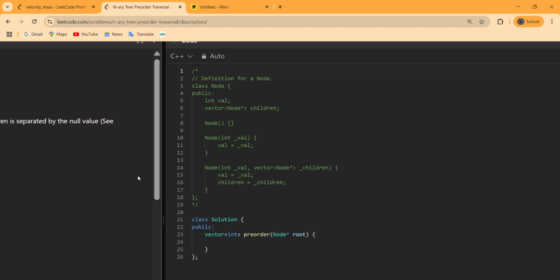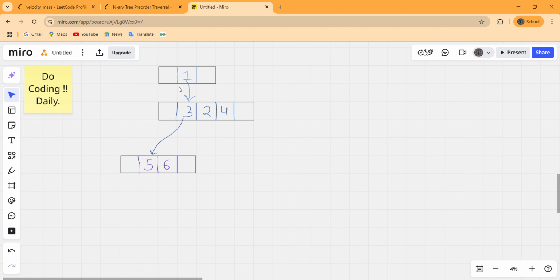So let us look here. There is a node. Let us suppose this box is a node in which there is an integer value, and then there is a reference for its children vector. Let us suppose this vector has an address of 200.